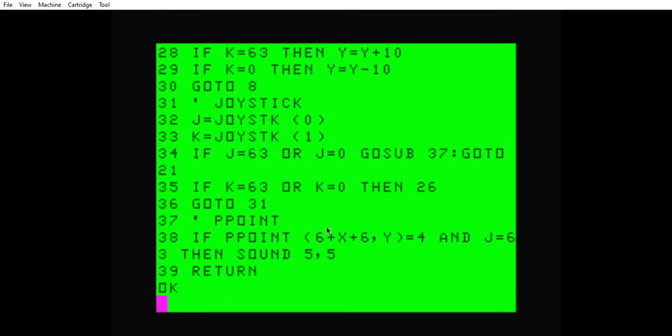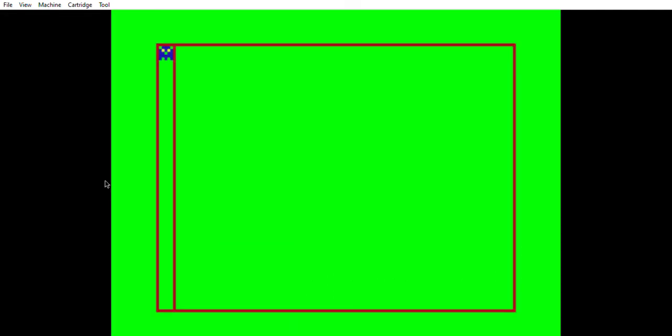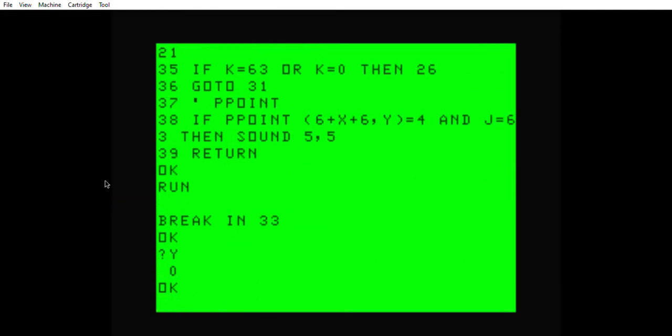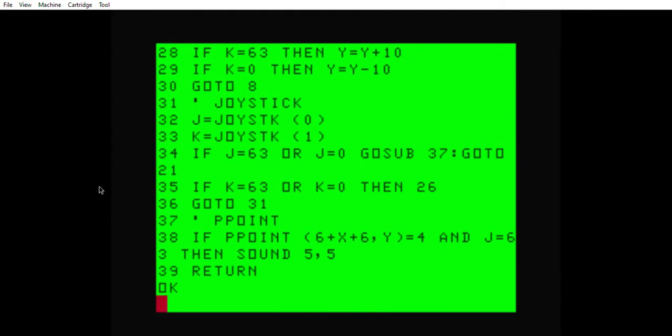So if this is true and J equals 63, okay, but why does it keep happening? If I run this and we print Y right now, it's 0. So there's our last clue. There's another clue. So Y cannot, if Y equals 0,